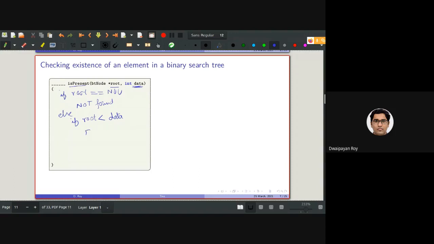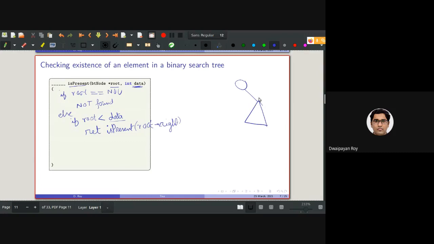So we need to call the same function, isPresent, with root right. Because I know that the data will be placed somewhere in the right subtree, but I don't know exactly where it will be placed.